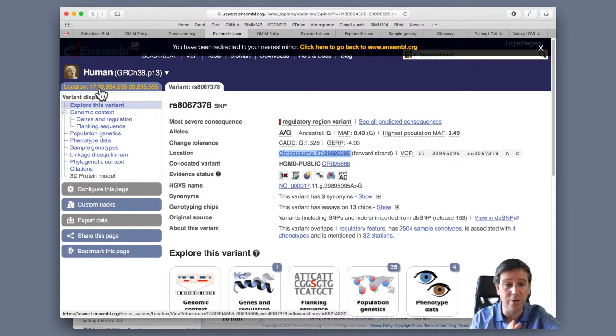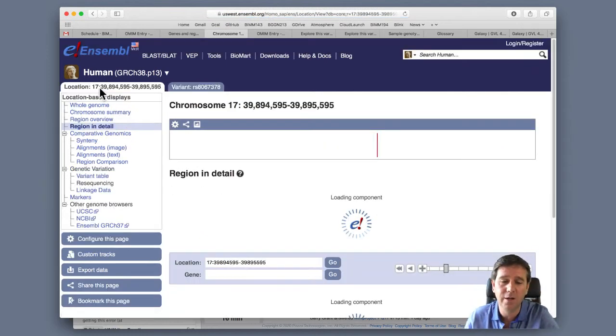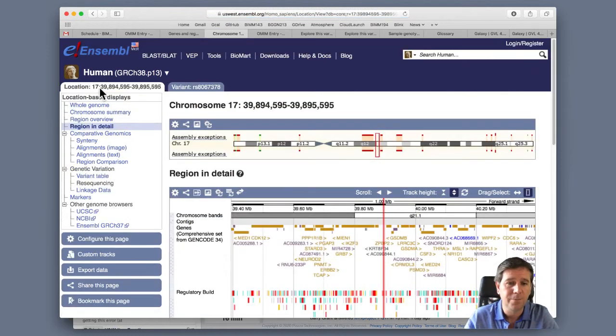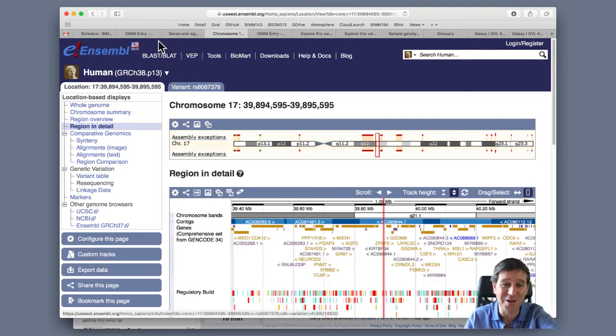That'll be focused in on this location, on chromosome 17. That's where the SNP is located in this region. So let me click on that and show you what this looks like. It might take a second to load up. And here, what I've got on my screen in front of me, is the browser. So it's focused on chromosome 17, and we start at the top. We've got this